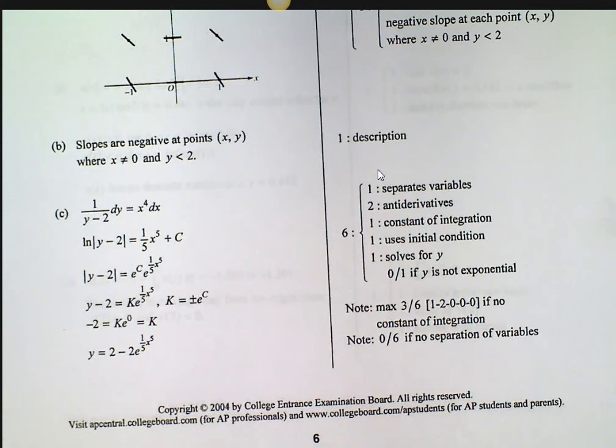Because what some people will do is they'll say, I can't do that, I'm going to make it really easy so I can take the integral. How do you make that really easy? Well, if you just put y minus 2 dy instead of 1 over y minus 2. Some people will do that because they forget the natural log rule. But that's just wrong. That is the wrong answer.